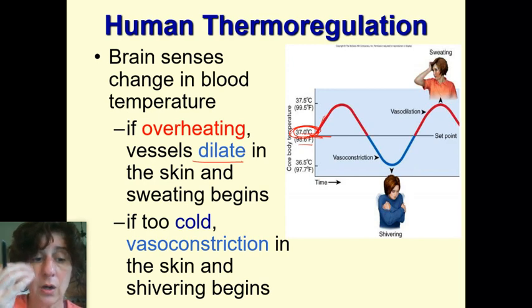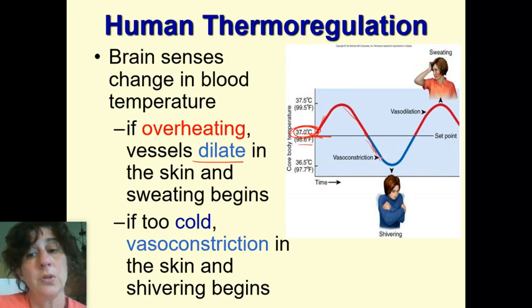Sweating occurs. So the water picks up the heat and moves to the surface from those blood vessels, and then it releases out of the environment, taking the heat with it. So you begin to cool down, and then you cool down and you drop below 37 at some point. It gets a little too cold and your body says, wait, too much the wrong direction. We want to stay right here.